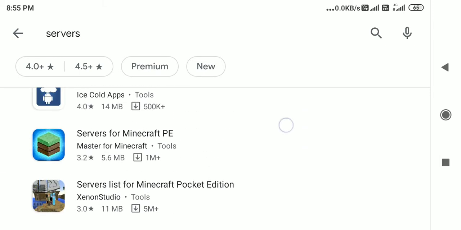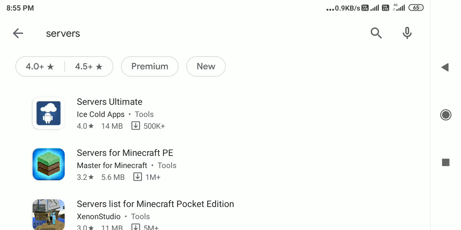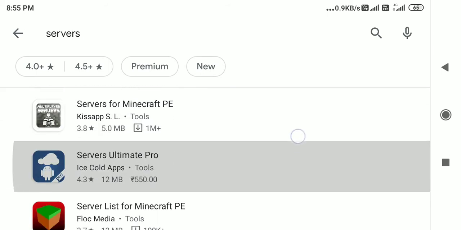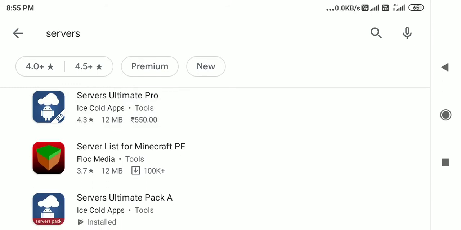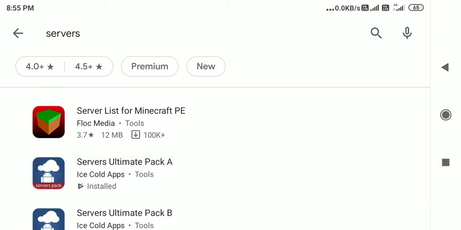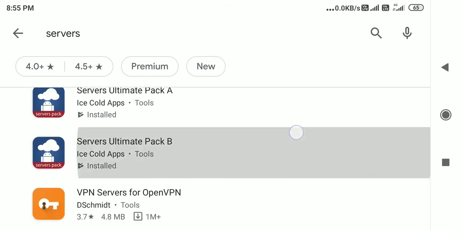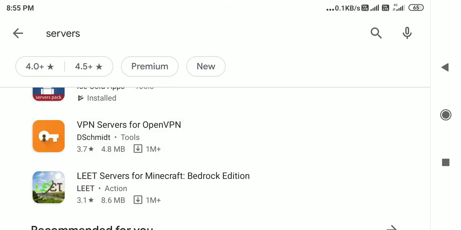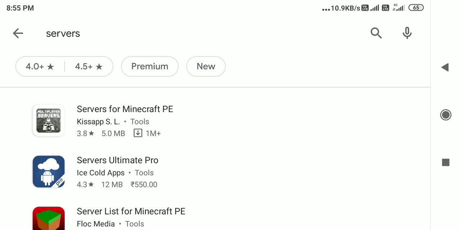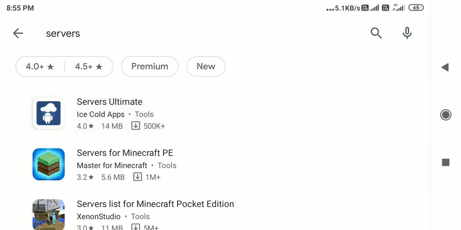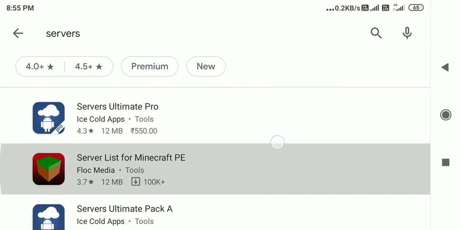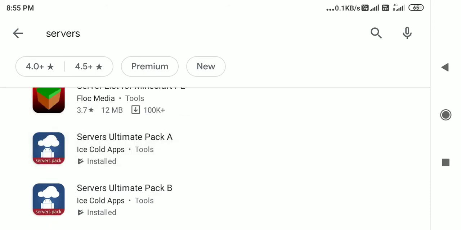Now, we saw last time what a service ultimate is and what the plugins within it are. The service ultimate pro is a kind of server architecture, which is called layering. And service ultimate pack A, pack B, pack C, and other things are all plugin modules for the service ultimate. The service ultimate is a kind of overlay, and these are the plugins which you can use depending on what requirements you want.